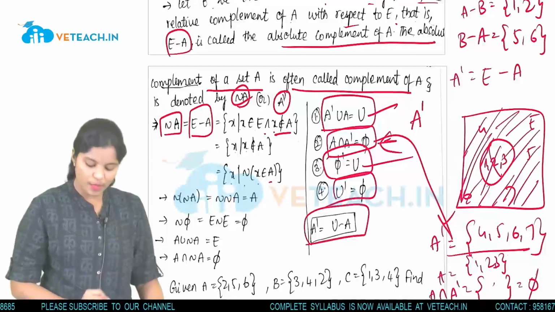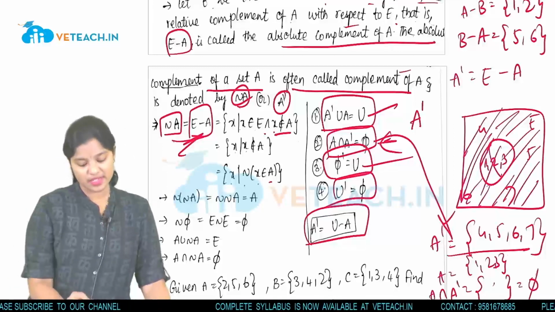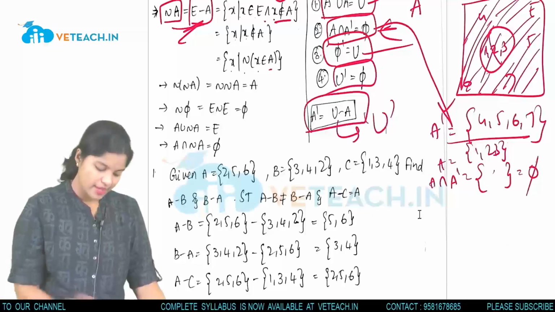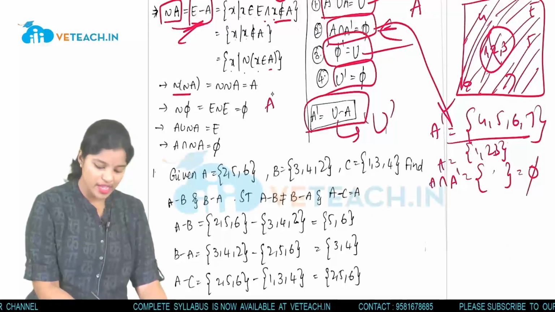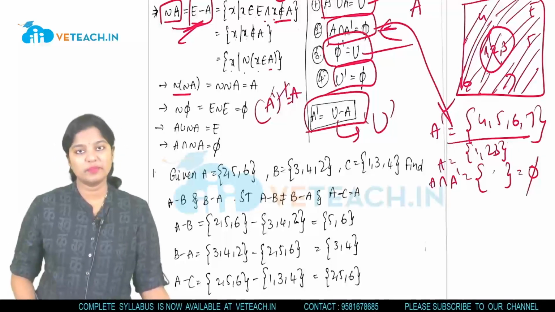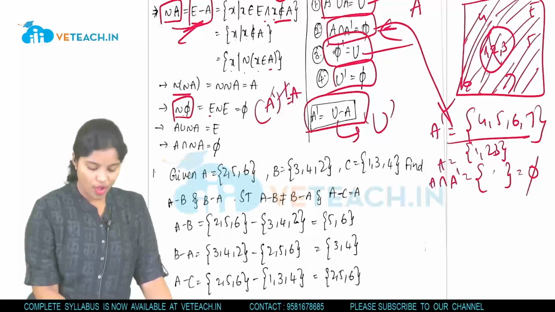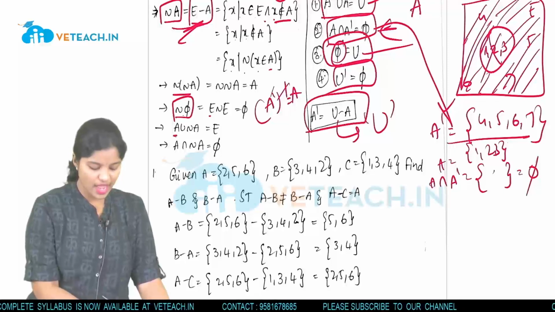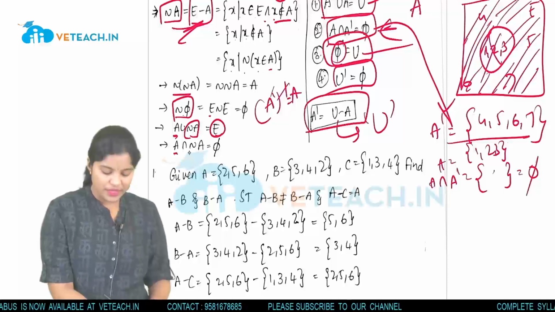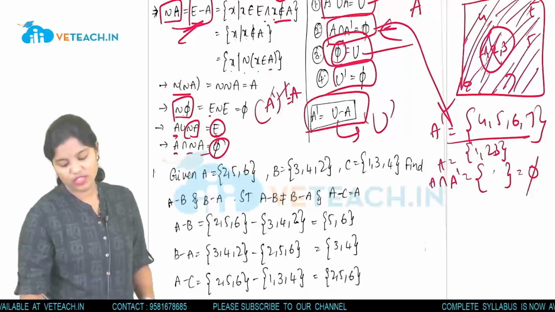Now A complement means U minus A. Here we saw A complement means E minus A. Here I presented it as E, here U means universal set. U is very easy to remember. And again, complement of complement, A complement whole complement: the complements will get cancelled and we will get only simple A. Complement of phi, we already told you, is the universal set, and union A complement is the universal set, and A intersection A complement is phi. That means if you include both these two sets, what will we get?